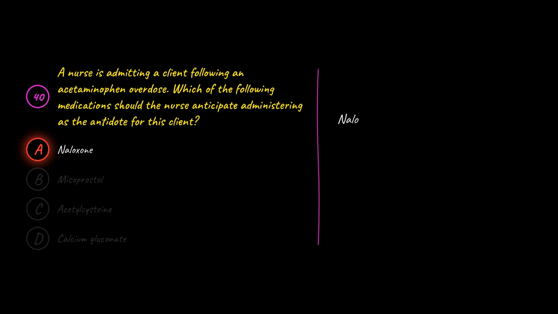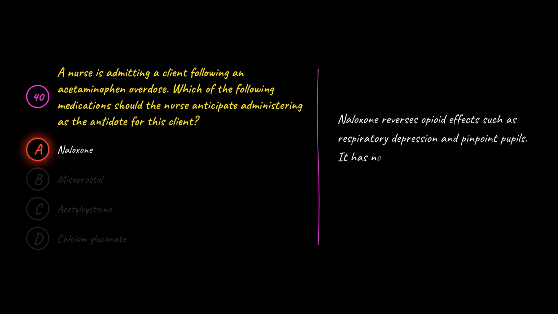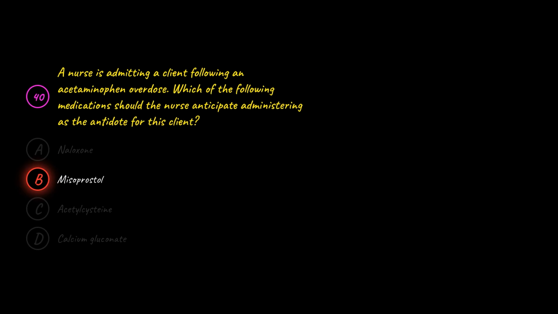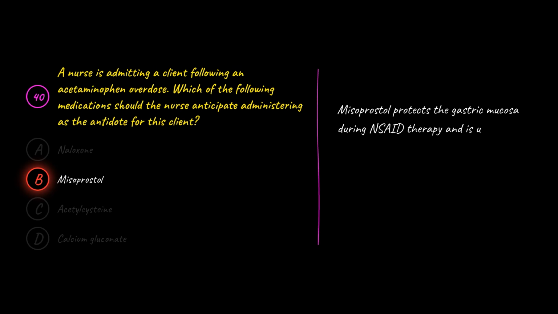A is wrong because naloxone reverses opioid effects such as respiratory depression and pinpoint pupils. It has no action against acetaminophen and cannot protect the liver from the hepatotoxic injury an overdose of acetaminophen produces in the body. B is wrong because misoprostol protects the gastric mucosa during NSAID therapy and is used to prevent